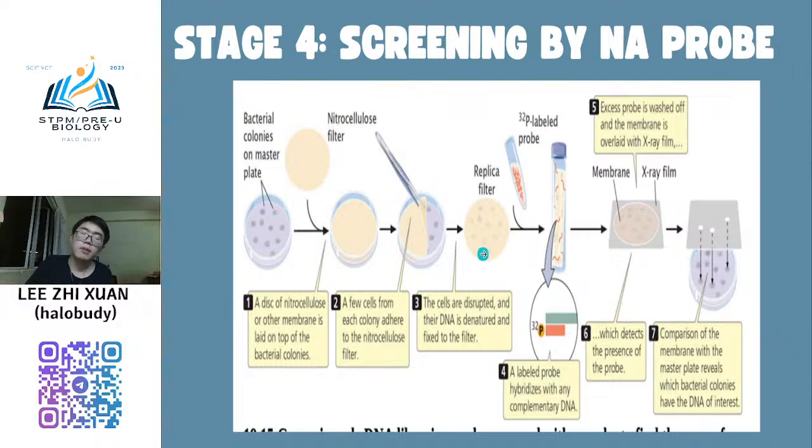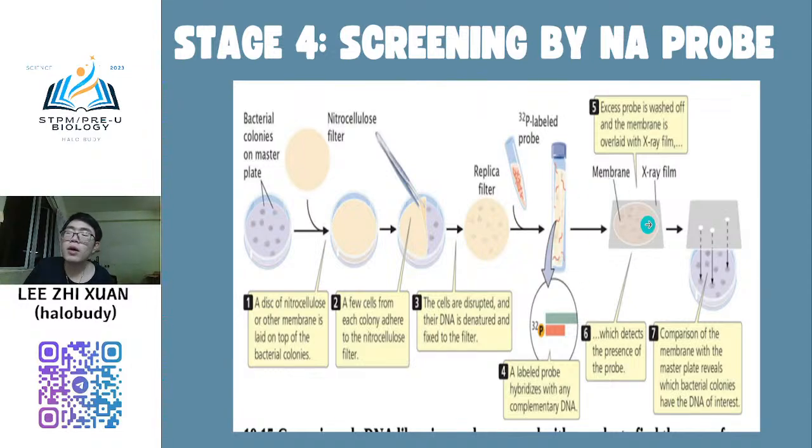It copies the colonies onto it. After that you use this DNA probe. So normally this DNA probe is the labelled probe. It already contains the label. This labelled probe is a probe where we already know what sequence we want.